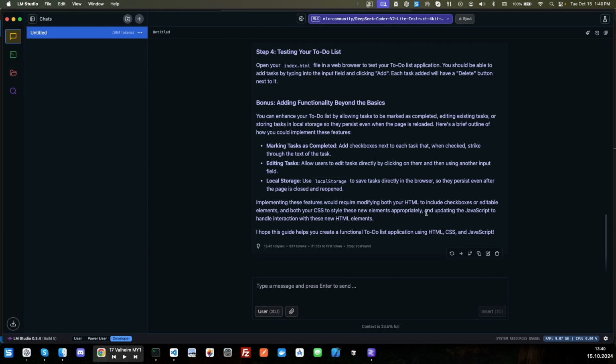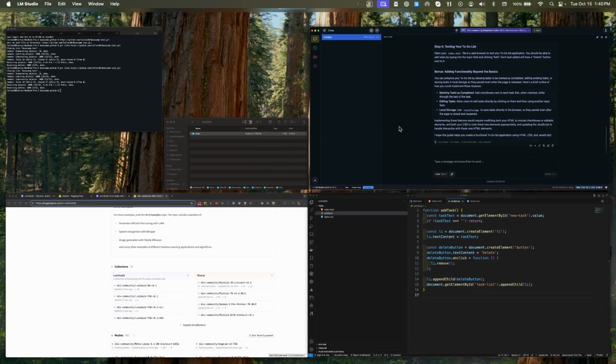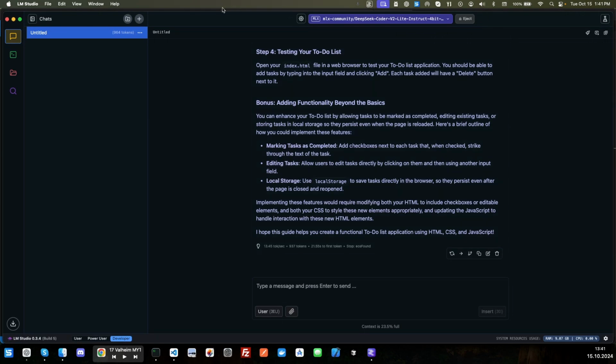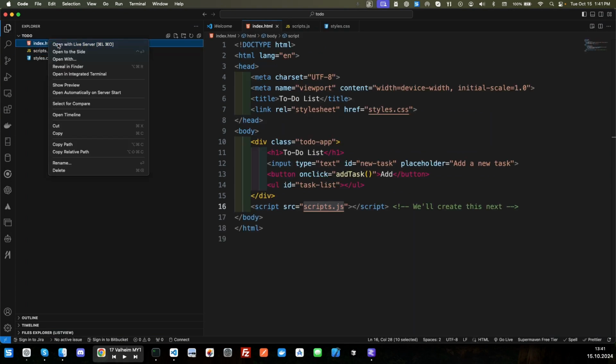New element appropriately, and updating the JavaScript to handle the interaction with these new HTML elements. I hope this guide helps you create the functional to-do list application using HTML, CSS, and JavaScript. Let's go ahead and test this out right now. So it's interesting that it wants to be on top. We'll go ahead and open this up in our browser,